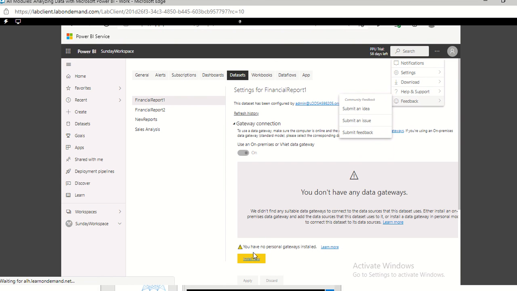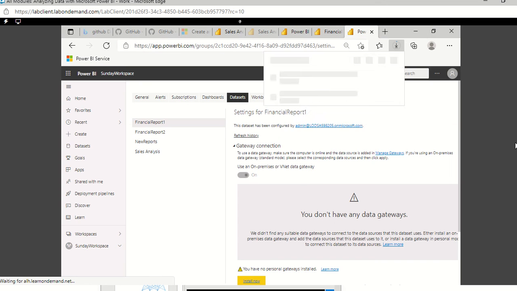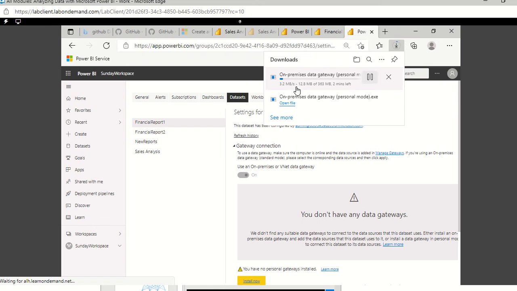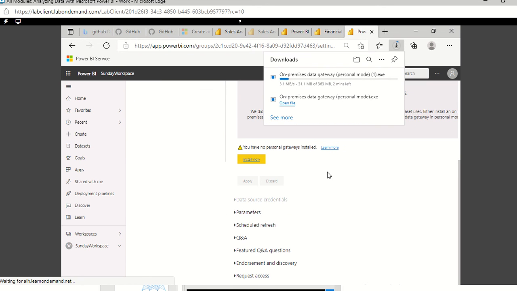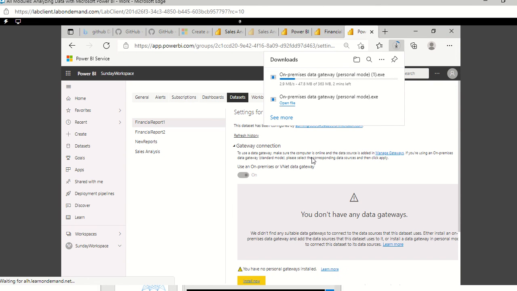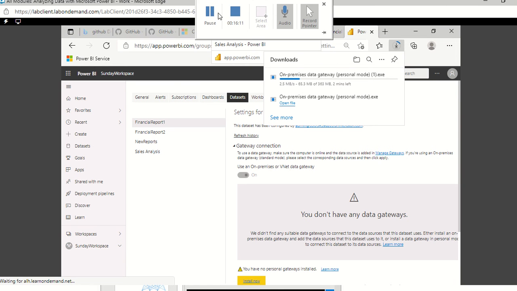Or alternatively, I can decide to come here. I can see here, I can download gateway. That gateway will need to be installed on my local computer. It takes me to the site where I will download it. It's taking time to download, it's huge. After downloading, I will set up how to connect, and after that, I'll be able to specify how often I want the refresh to take place. Okay, so I think that ends